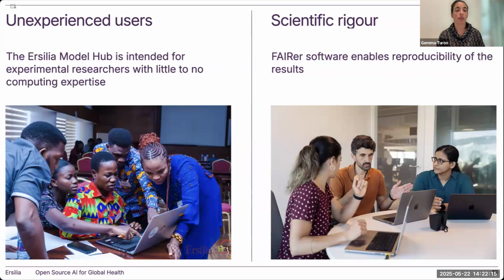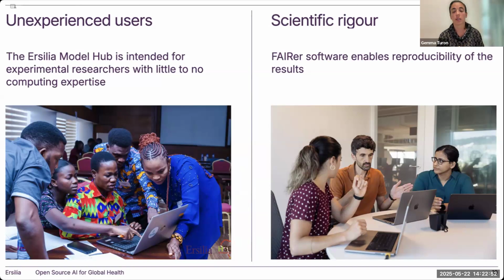Also, because most of our users are inexperienced, we work a lot with experimental scientists that are not computer programmers. They don't traditionally use software, certainly not software that does not have a very easy to use graphical user interface. So everything that makes our software easier to interact with, which is very in line with the FAIR principles, makes it easier for us to implement it in active research projects in Africa, which is our main goal as a nonprofit organization.